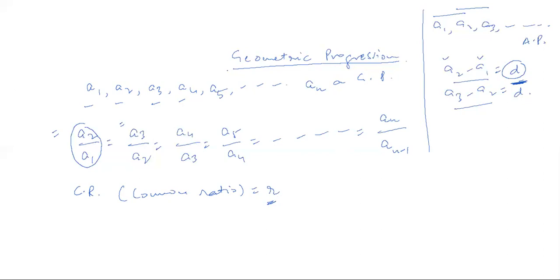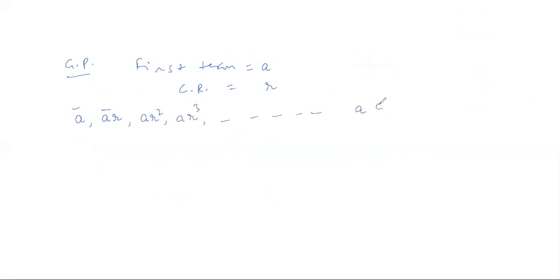Now write it in the proper manner. Okay. Suppose we are saying that a series is a GP whose first term is A, and the common ratio is R. So how will we write this? First term will be A. Next term will be A into R. You can see that if you divide this term by this, then you will get R only. No? Okay. Similarly, next will be AR square, and its next term will be AR cube, and so on. So this will be a GP.